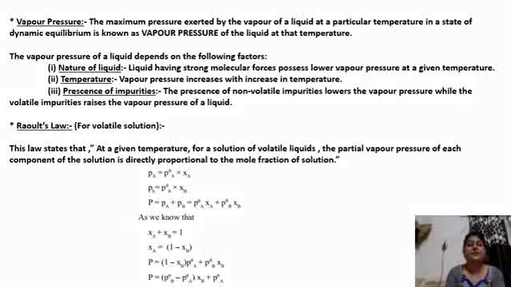Now the next topic is vapor pressure. What do you mean by vapor pressure? बेटा, vapor pressure is the pressure exerted by vapors. See, when we boil water in any utensil, suppose I have taken a glass in which I am going to boil water. On this glass of water, I put a lid, and I started boiling it.